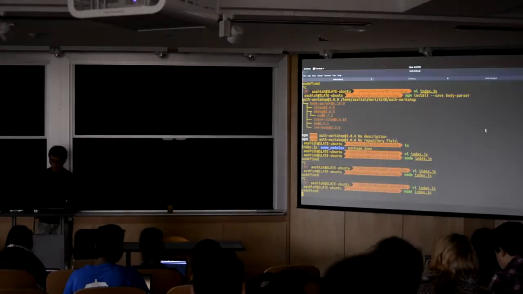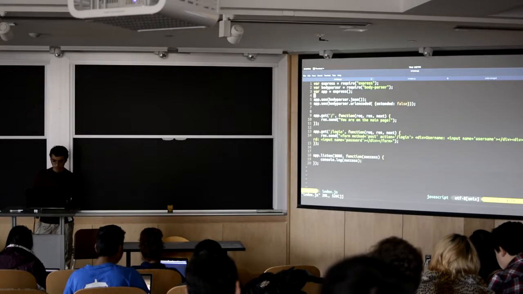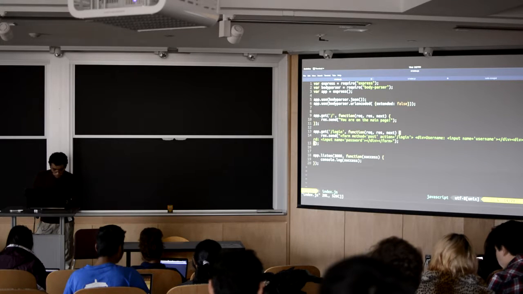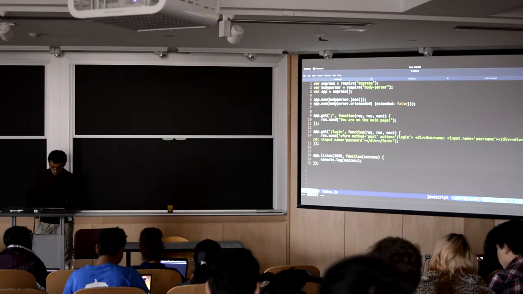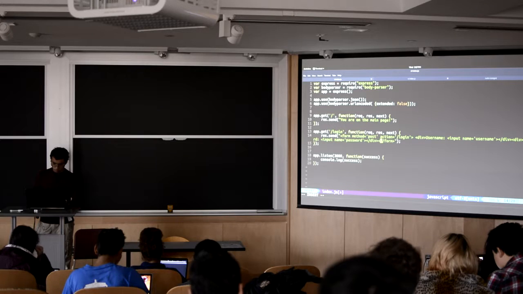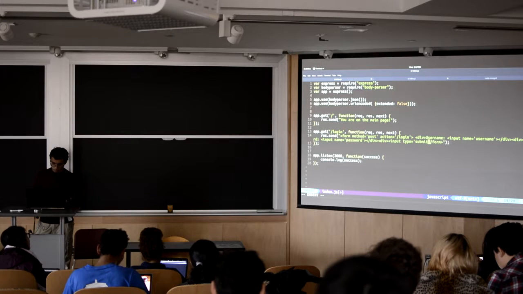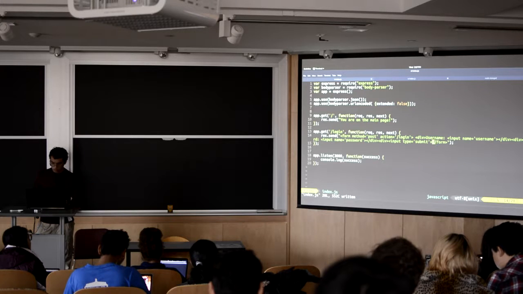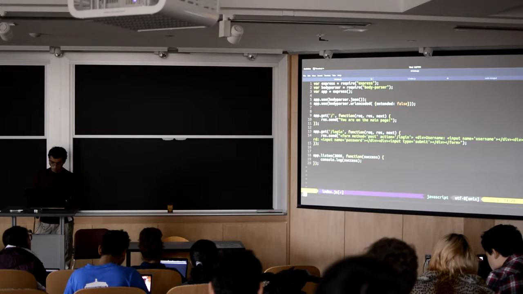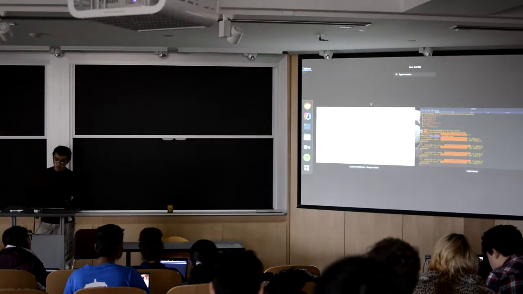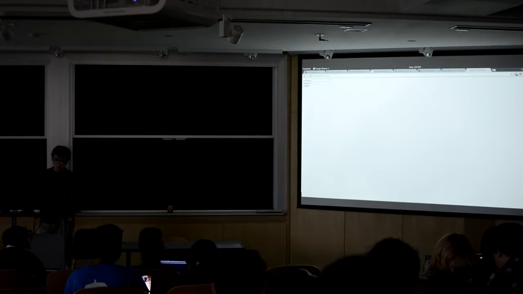Okay, so we made our username and password fields, and okay, so cool. So we made our basic login form, and we're not going to style it or anything because